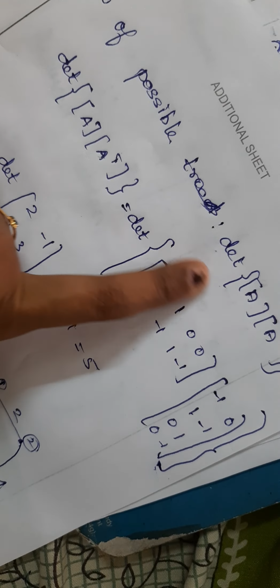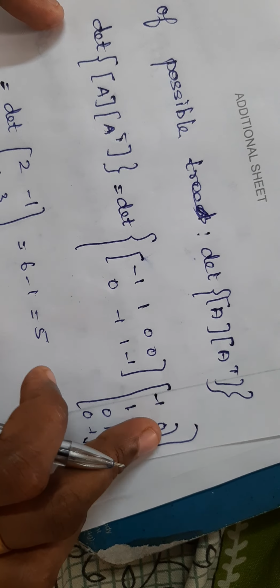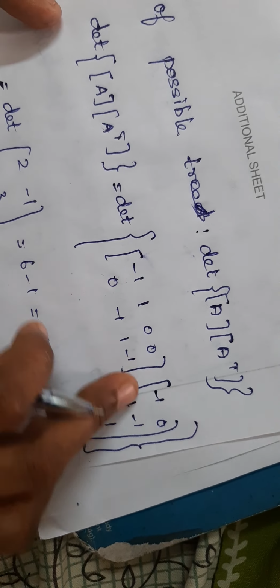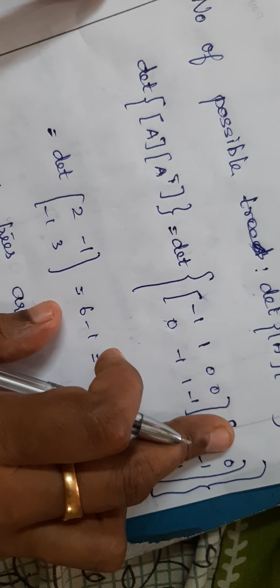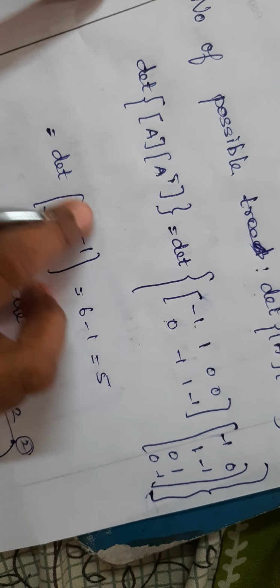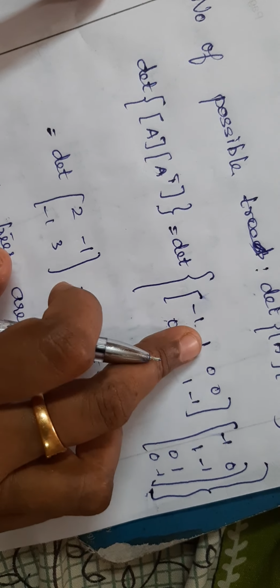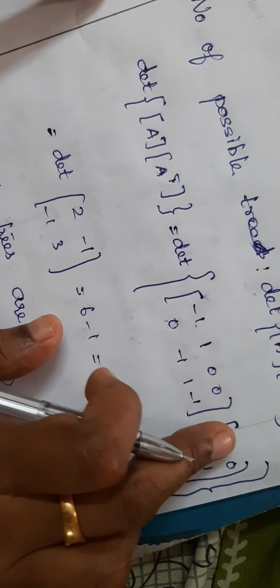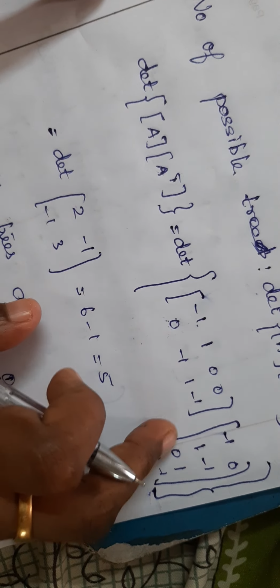So for that, what is the reduced incident matrix? Reduced incident matrix is minus 1, 1, 0, 0, 0, minus 1, 1. So write that value. And transpose means rows are changed to columns and columns are changed to rows. So minus 1, 0 here, 1, minus 1, 0, 1, 0, minus 1. So now multiply these values: minus 1 into minus 1 plus 1 into 1, 1 plus 1, 2 here. The next value: minus 1 into 0, 0, 1 into minus 1, minus 1. So here minus 1, remaining values are 0. Next value, 0 into minus 1, 0, minus 1 into 1, minus 1. So substitute here as minus 1.